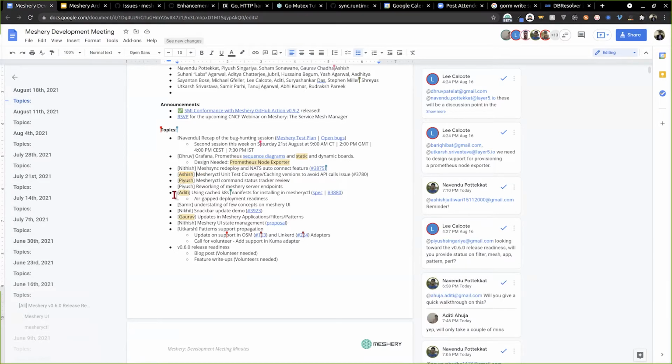Okay, I'm sharing my screen. Before I share my screen, a little bit about the unit tests. We have covered almost all of the commands except two: the mesh command and the version command. Anyone who wants to start contributing to Golang, this is very beginner friendly. You can write tests for the version command. If you run into any problem, you can hit Piyush or me or Suhani.